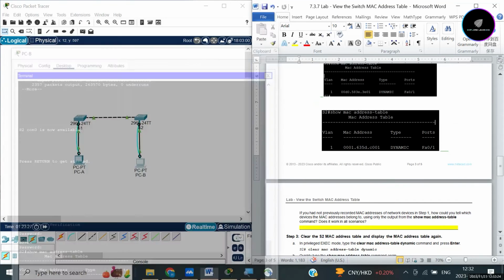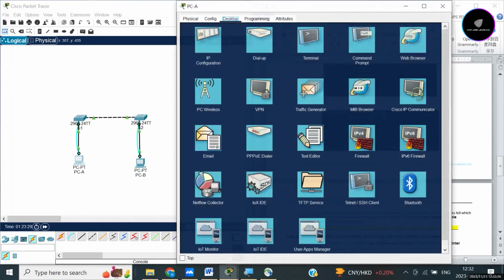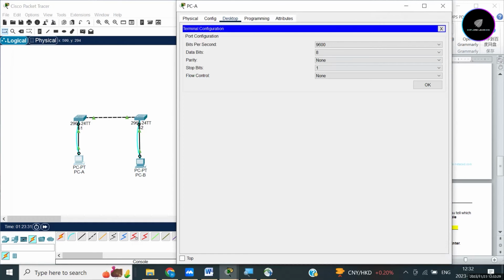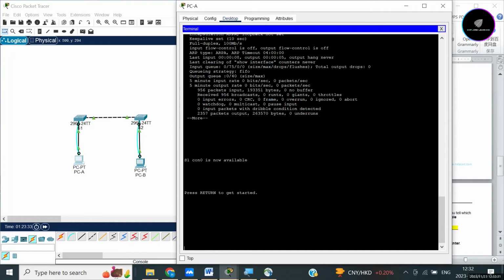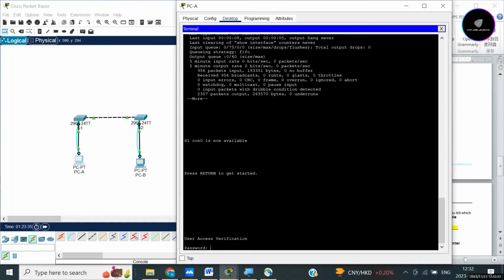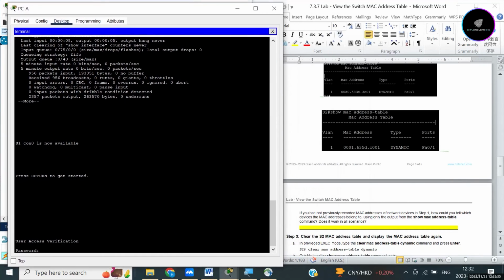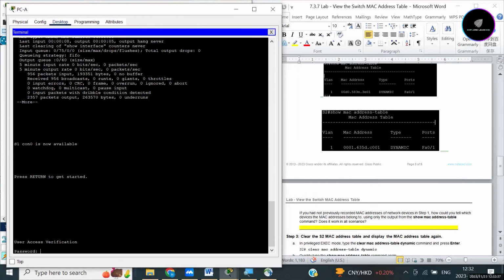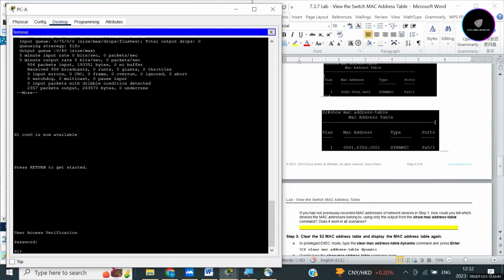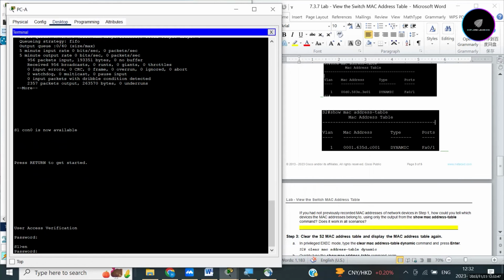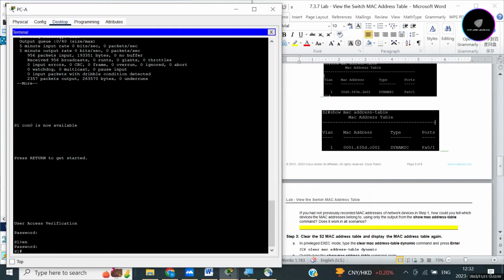All right, so let's console into switch 1, terminal, accept all settings. Okay, strike the enter key. Okay, so we've been prompted to supply a password. All right, so this will be Cisco, okay, enable class. Okay, now let's use show MAC